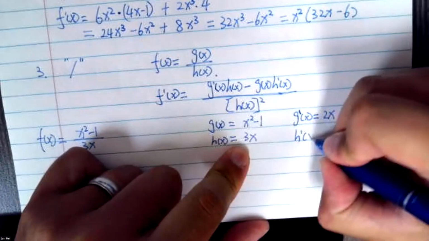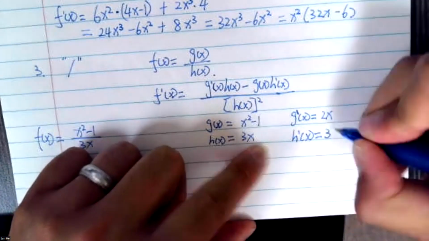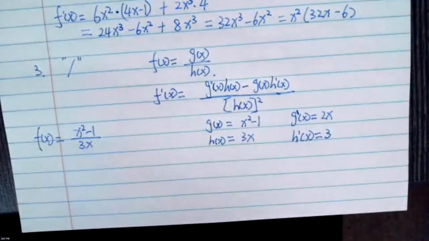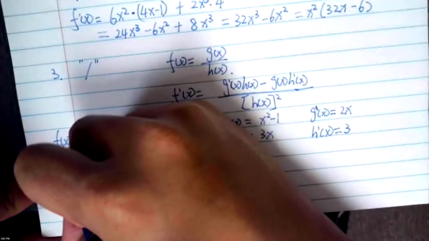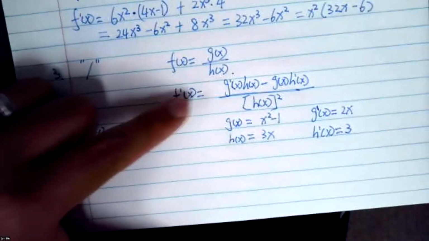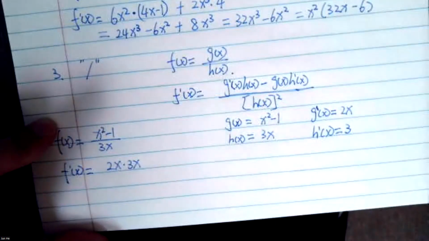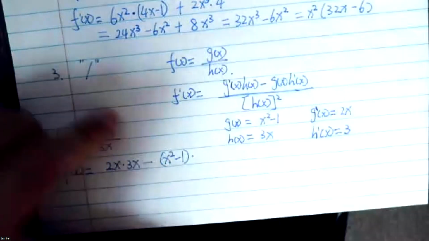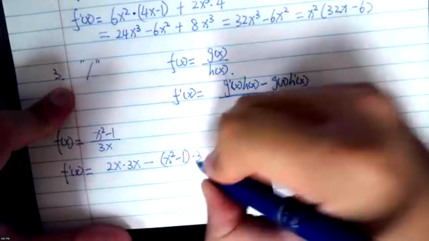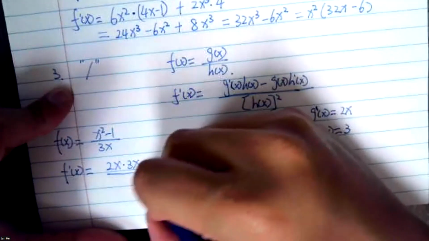And then h prime x, here it's just a linear case. The derivative is just its slope term, which is 3. Then we just plug everything in. So here we have g prime x, which is 2x, multiplied by hx, which is 3x, right? Minus gx, which is x squared minus 1, by h prime x, which is 3, over hx, which is 3x,